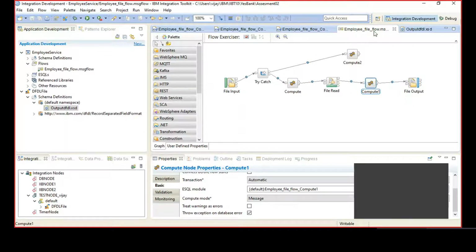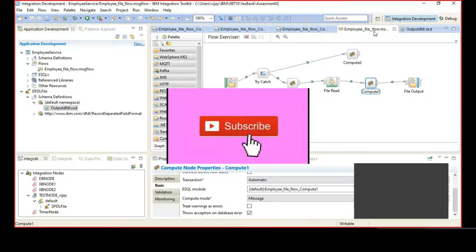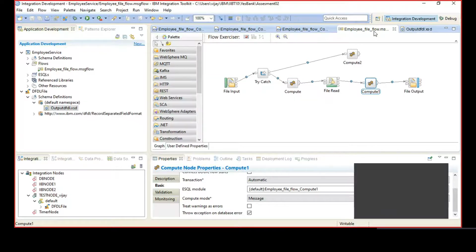The thing is, when I put the XML as a domain instead of using the DFDL, I was actually retrieving all the data in the output file, and it was writing also in the output file. But as I'm using this DFDL as an output schema, it is not working. Then we'll have to check if the DFDL structures that you have defined in the .xsd file match with the DFDL structure that you have defined in your ESQL file. So how do we do it?